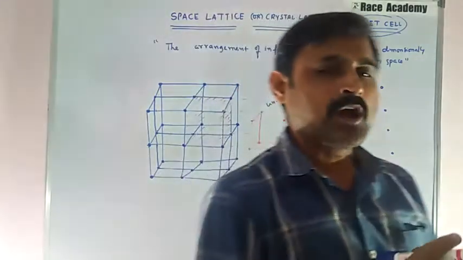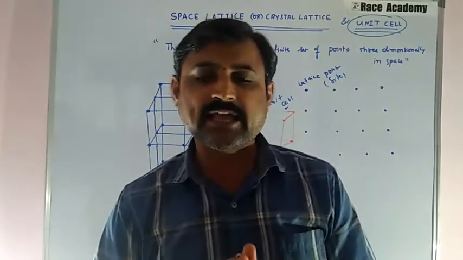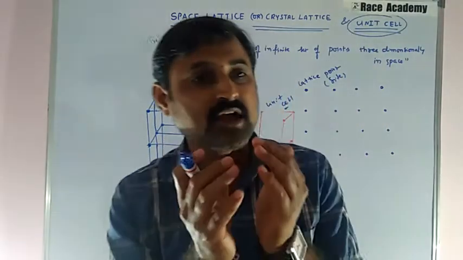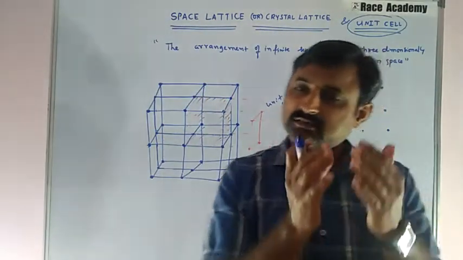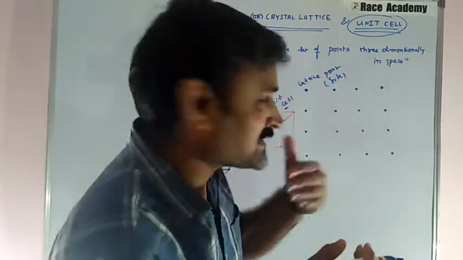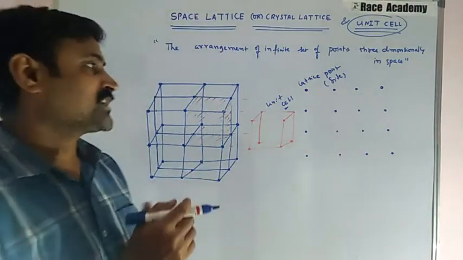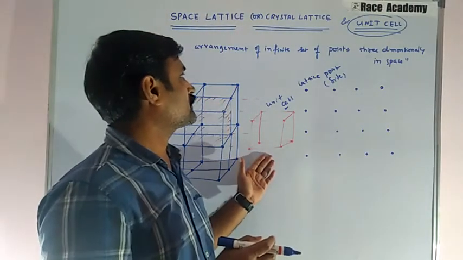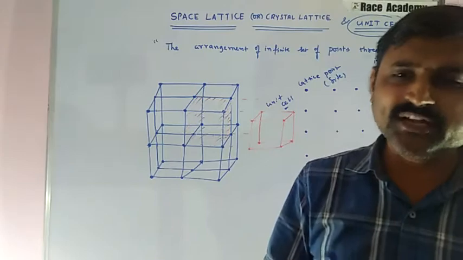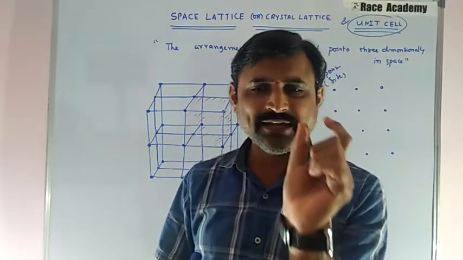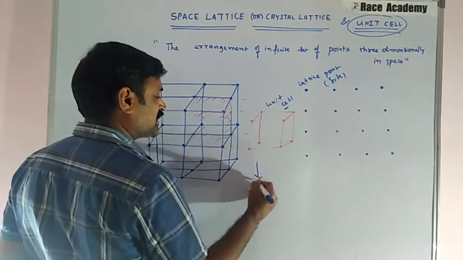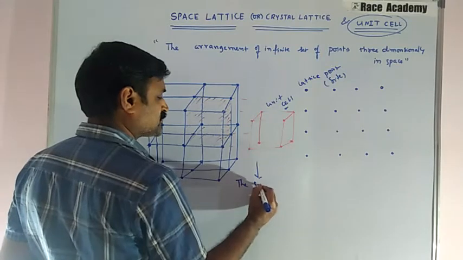So the information is very close, but a small portion in the crystal lattice or space lattice is called a unit cell. That unit cell is a three-dimensional repeating unit in the crystal that decides the geometry of the crystal. So that is the information you need to understand. Not only this, a unit cell is nothing but the smallest repeating unit in the crystal lattice. So whenever they ask what is the definition, that is the smallest